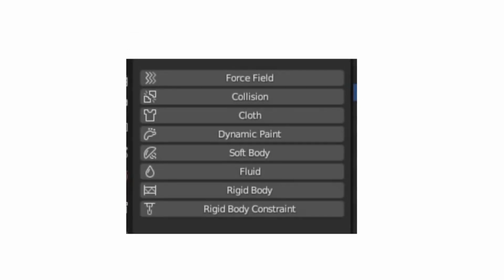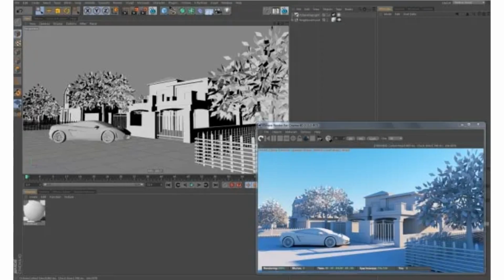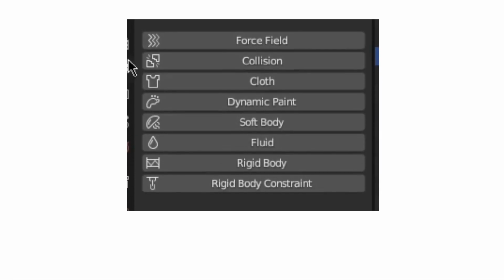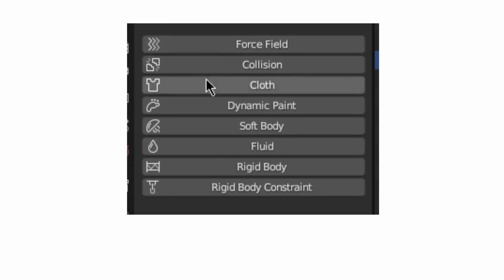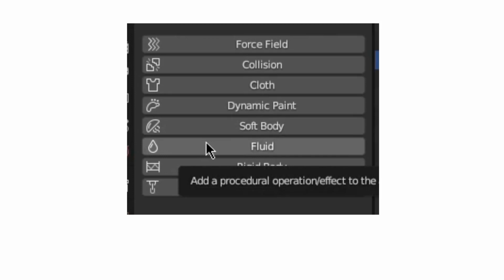Some of the coolest effects in Blender can be achieved through one of these systems, and these are physics properties. Physics properties try to recreate what we see in real life into 3D. The ones that are included in this list are force field, collision, cloth, dynamic paint, soft body, fluid, rigid body,